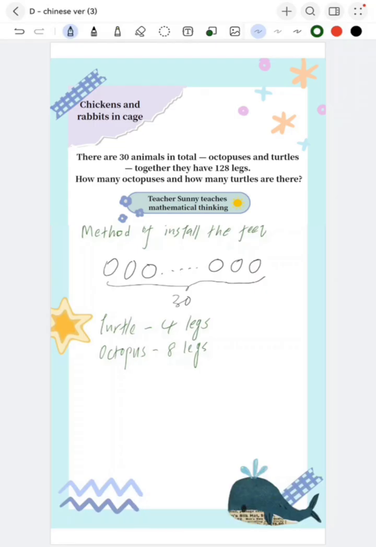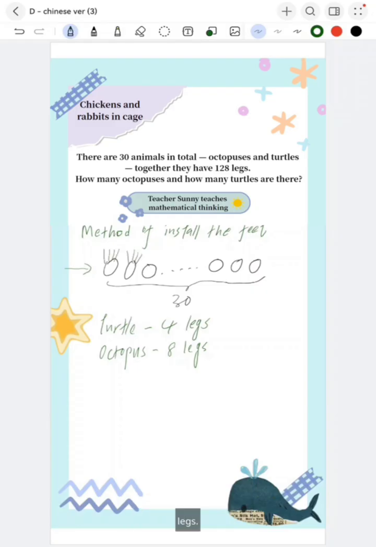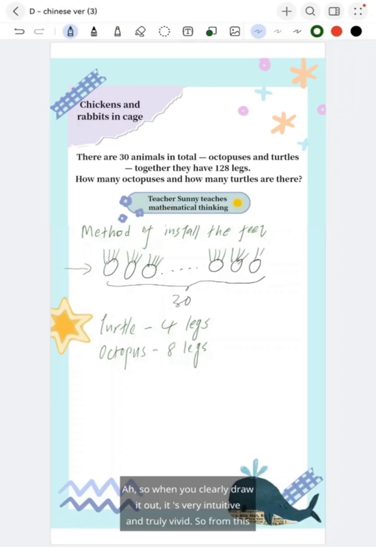So let's begin with the one that has fewer legs. The turtle, as we know, has exactly 4 legs. So here, for each of these 3 animals, we will give each one 4 legs. So that's 1, 2, 3, 4, right? Each animal consistently gets 4 legs. Each time we give it 4 legs. So when you draw it out, it's very intuitive and vivid. So from this point, we can clearly see